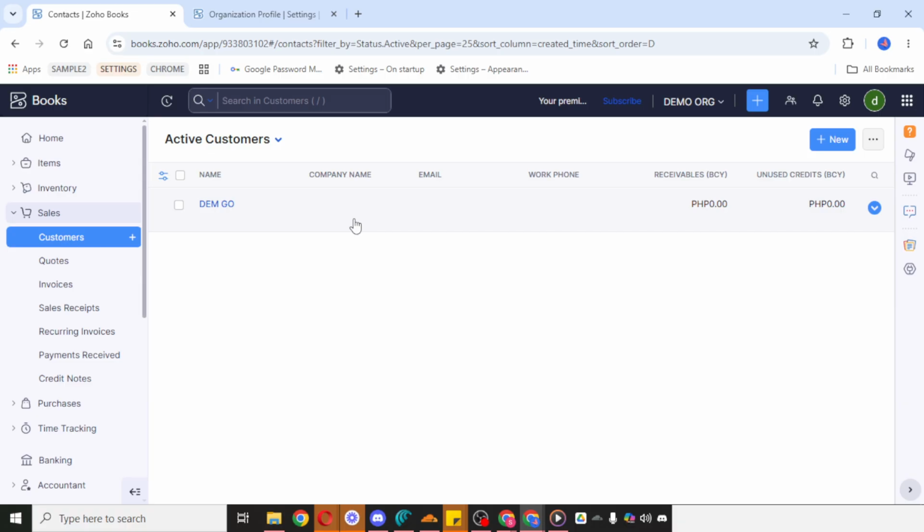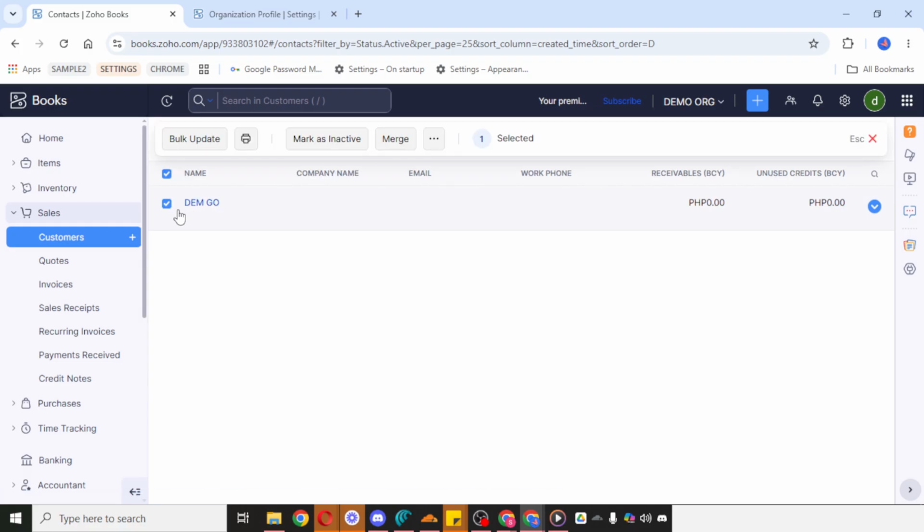It's always a good idea to double-check the customer details before deleting, especially if there are similar names in your list. Once you've found the customer, mark the checkbox next to that specific customer record. Selecting the checkbox tells Zoho Books which entry you want to manage. After that, click the three-dot menu, which is usually used to display more actions for the selected record. From the options that appear, click Delete.